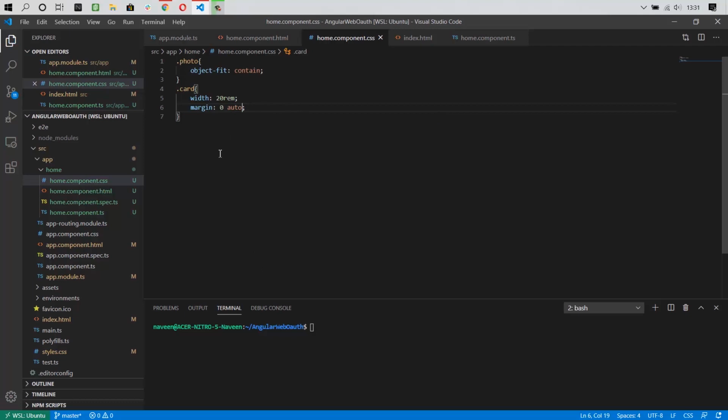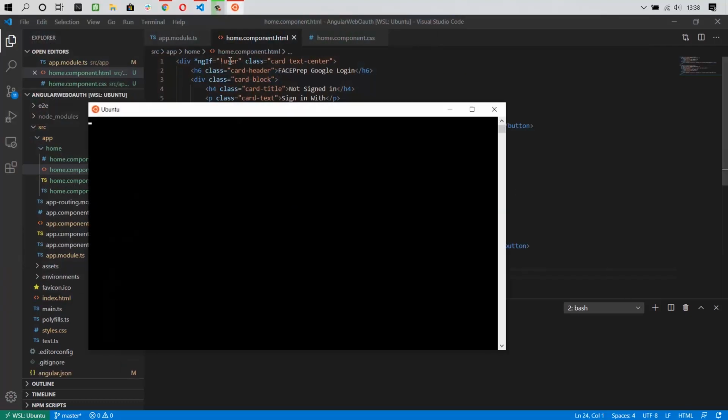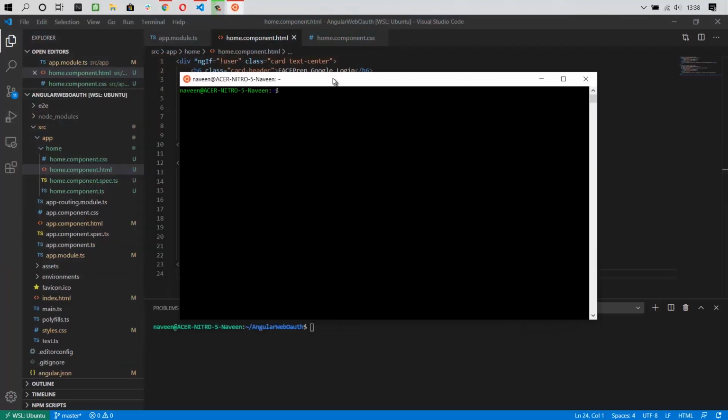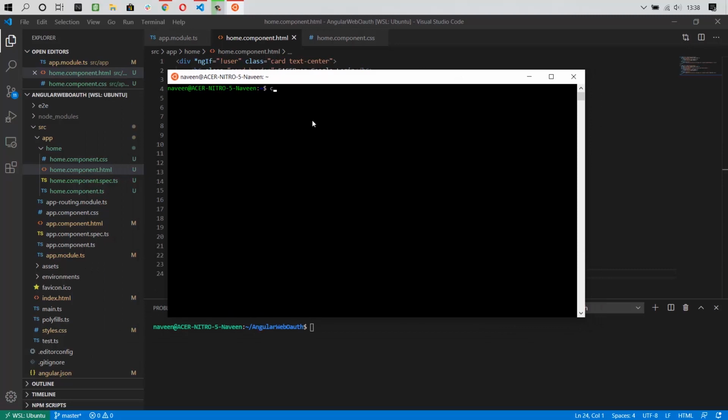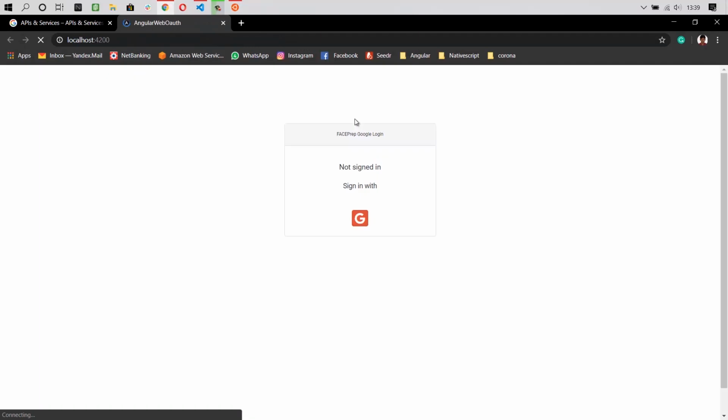So for running our application, I'm using my Ubuntu terminal. Now we get the page successfully.